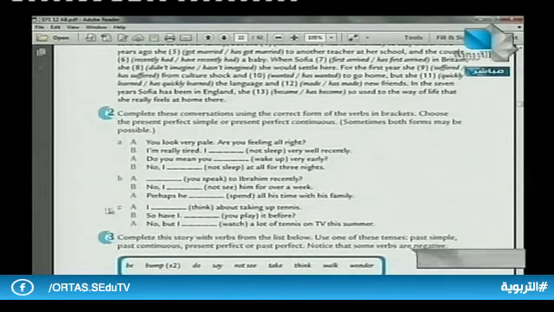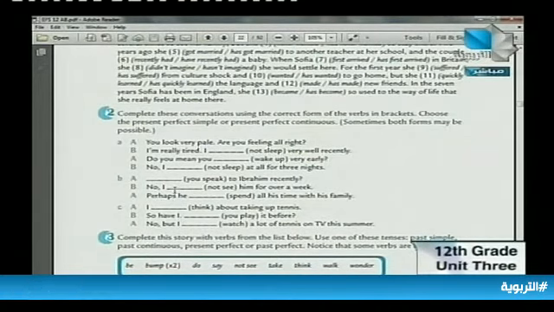B. Have you spoken to Ibrahim recently? We can say, have you both spoken, or have you been speaking recently? Yes, we can use both with the present perfect simple or continuous. Have you been speaking or have you spoken to Ibrahim